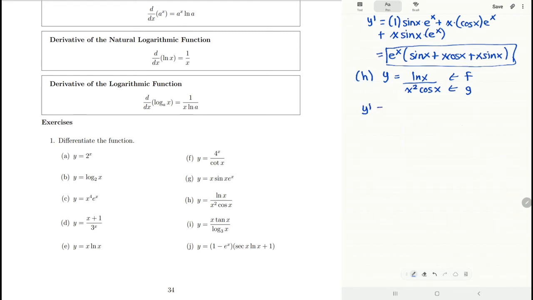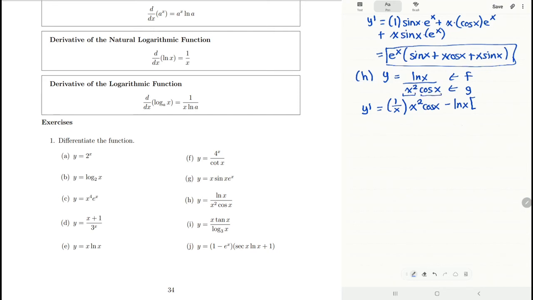So the quotient rule says to differentiate f, so the derivative of the natural log is 1 over x. This is multiplied by g, which is x squared times the cosine of x. And then we subtract f, which is the natural log of x, and then we multiply that by the derivative of g. And for the derivative of g, we need to apply the product rule to x squared and